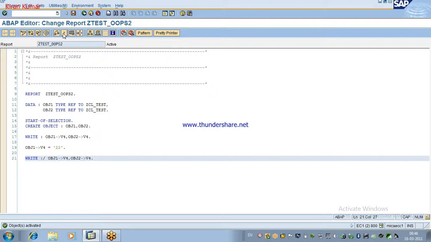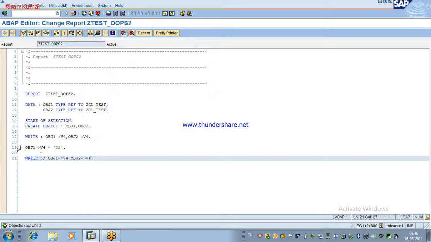Static means it's not something like a constant or fixed. The concept is something different. Okay, sir. That's why I have written this program. Actually, what is the value there in V4? 40, default value 40, sir. Okay, correct. So here it will print 40 40. After that, for object 1, I'm changing the value as 22. So now it will go and change the default value inside the class.